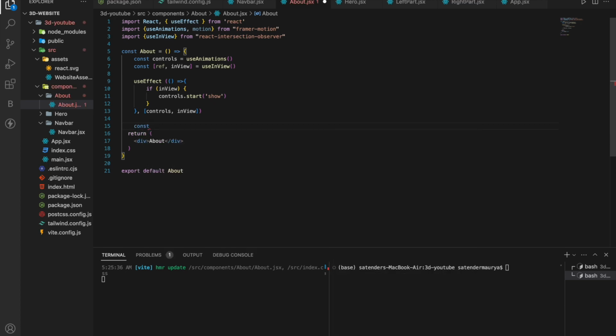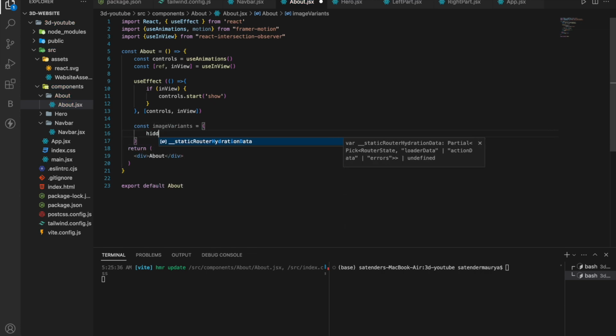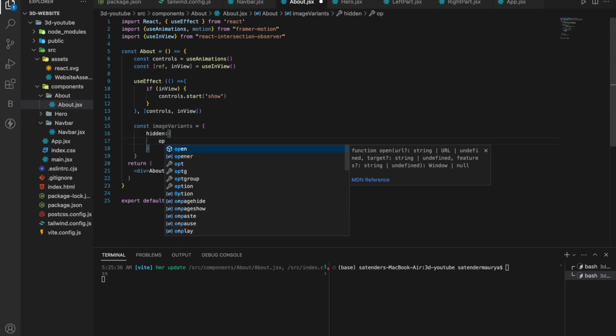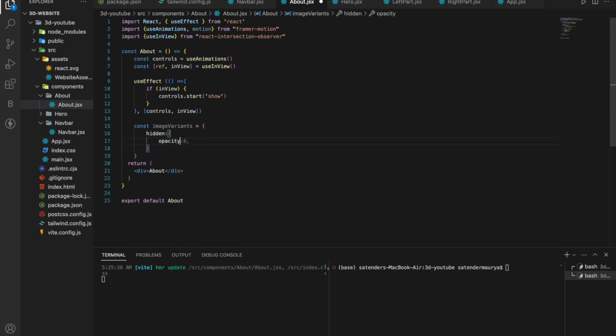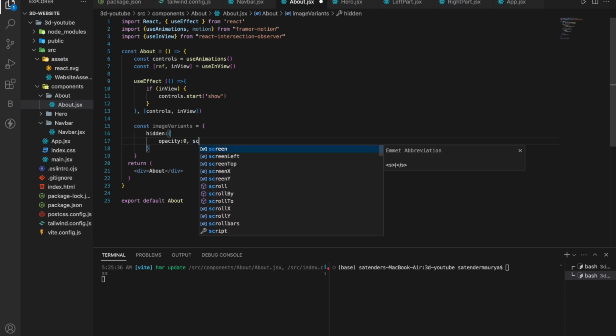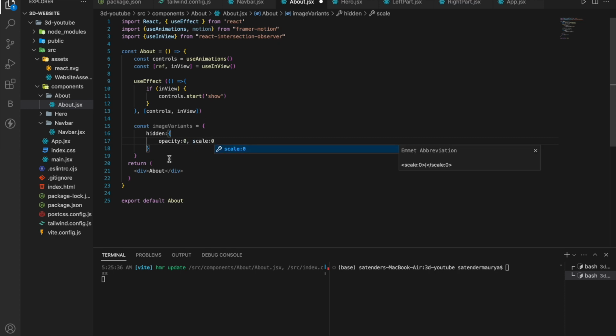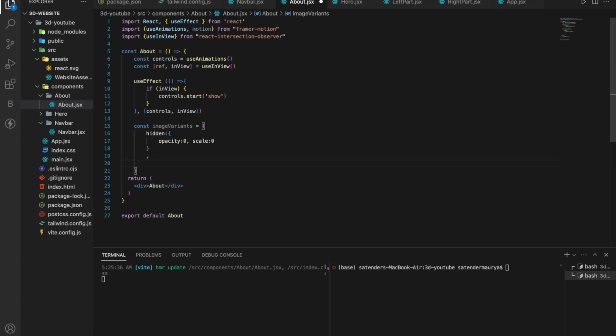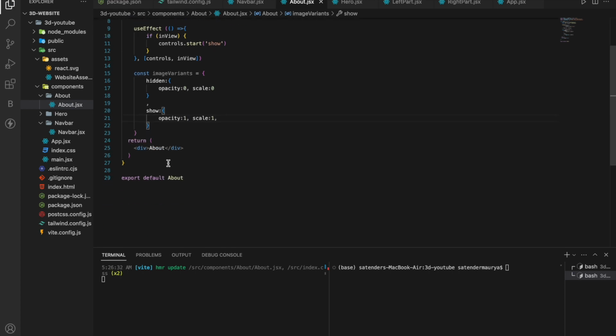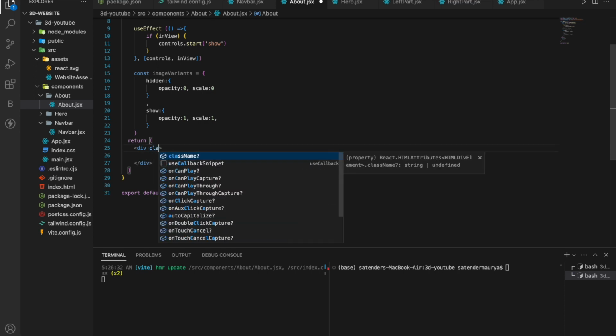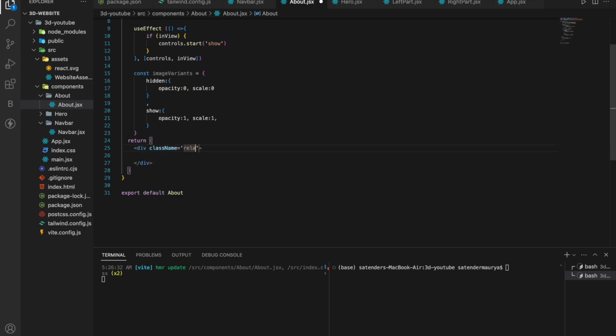So const imageVariant is equal to hidden: opacity is 0 and scale is 0, and in show: opacity is 1 and scale is 1. Now in the return, remove this about, and in the div add a class name of relative